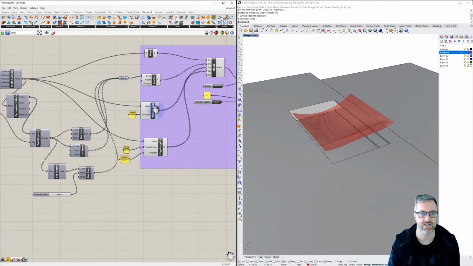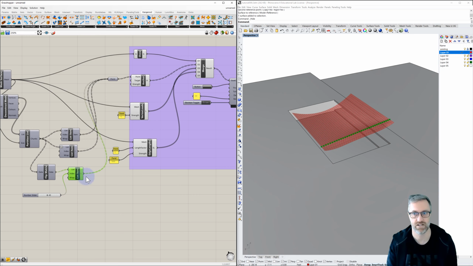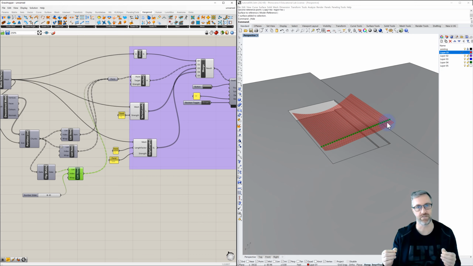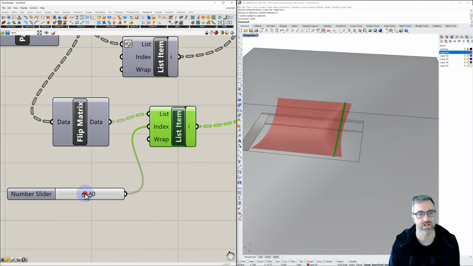And so if we reset, just to be sure that this is working correctly, if I turn on that list, we can see these are a set of anchor points. The anchor points are the starting position of the mesh, and it holds them in that location. And so what we see is this draping out from either side from there. And as we turn down our slider from 40, we can move. The wrap was on, which is why it was on the other side. So if I turn wrap to false,